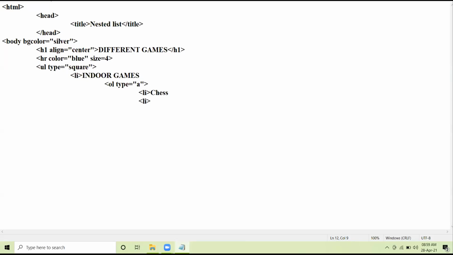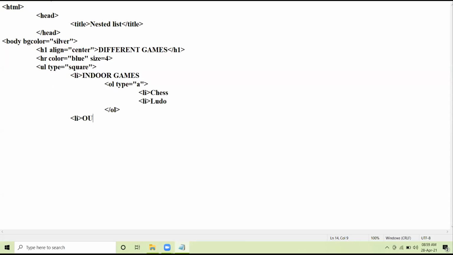Then next I have ludo. Okay, and here I close the ordered list. I told you in the beginning that inner list will be opened and closed, opened and closed. My purpose is complete, so I close the inner list. Outer list will not be closed. It will be closed only after the coding is over. So again here write li. Now this li which I have written will point to unordered list, not to the ordered list, because ordered list I have already closed, right?